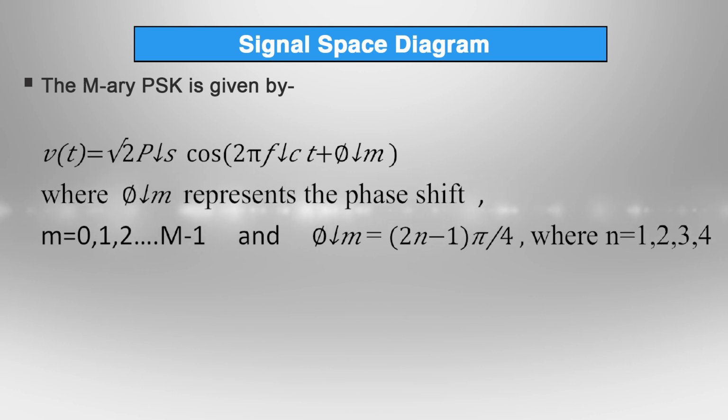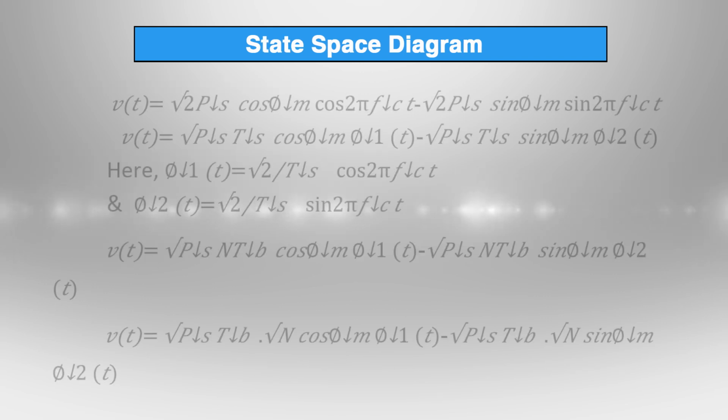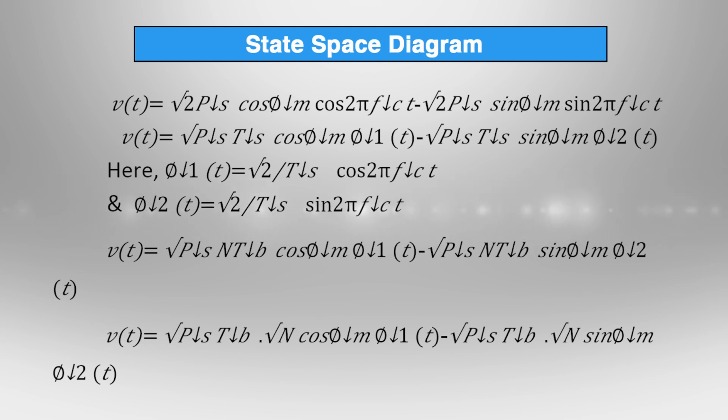The standard expression for M-ary PSK is given by V of t, that is equal to under root 2 Ps cos 2 pi Fc t plus phi m, where phi m represents the phase shift and m is equal to 0, 1, 2 up to M minus 1, and that phi m is equal to 2m plus 1 multiplied by pi and whole is divided by capital M. By applying the trigonometric formula in the above equation, the expression of M-ary PSK will be V of t, that is equal to under root 2 Ps cos phi m into cos 2 pi Fc t minus under root 2 Ps sin phi m into sin 2 pi Fc t,